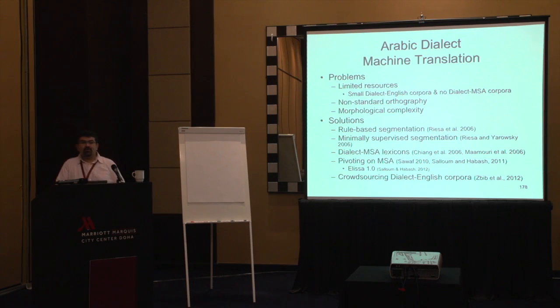To translate in general, to create parallel corpora, the usually estimated budget rate is that you pay 25 cents per word. So every 4 words is $1. That's a lot of money if you want to create a large corpus that you can use for your own data. So the solution that was described in the paper by Diab from 2012 was to make things